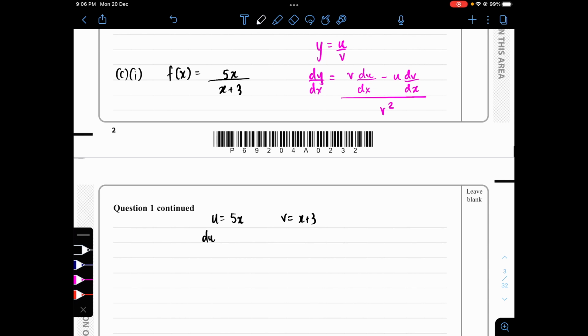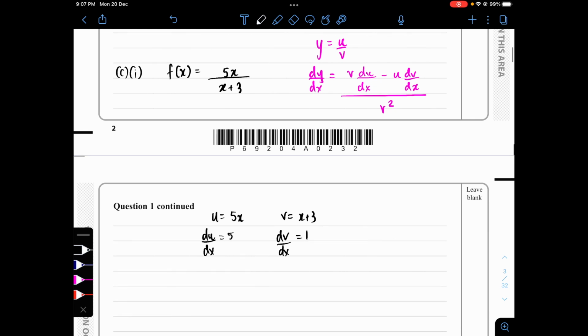So when we differentiate 5x, we get 5. Differentiate v, we get 1, because we only have x, so that'll be 1. Right? So now we can do that. So now we can turn to our